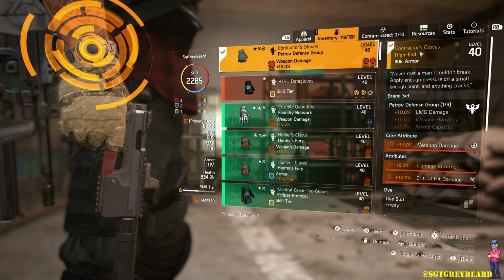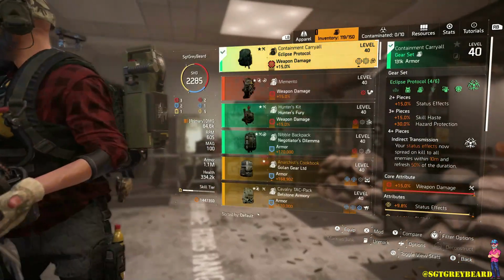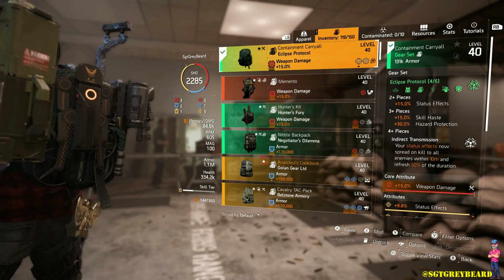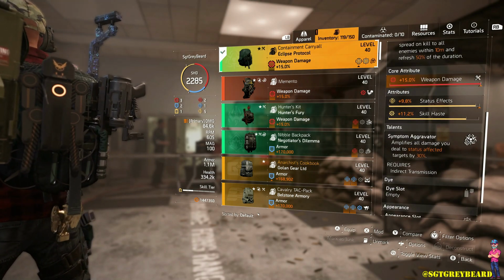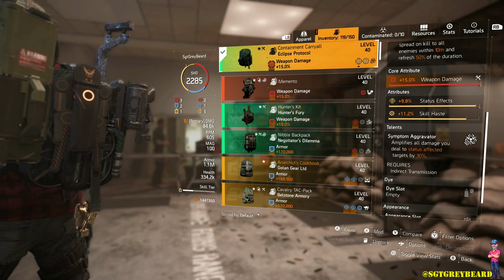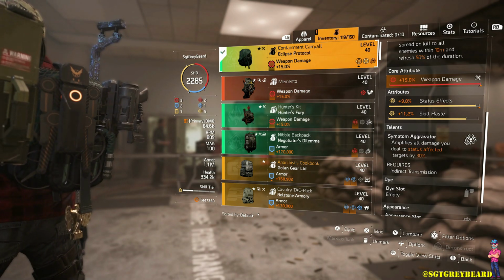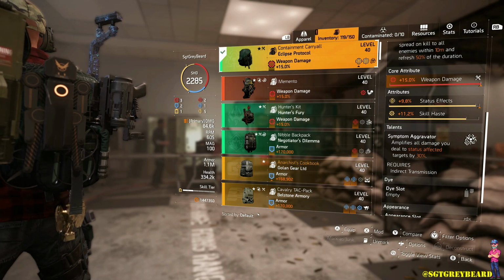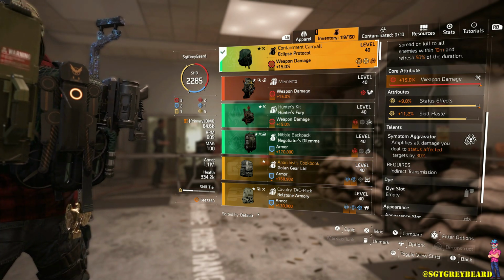Last but not least, my friends, we have the backpack, which is the fourth and final piece of the Eclipse Protocol gear set. Now you can see once again I'm stacking status effect and skill haste, and when you use the bag, it gives you the talent System Aggravator, which amplifies all damage you deal to status affected targets by 30%. So this is a must-have for the build without a doubt. Like, you could probably switch out the chest for something else if you wanted, but you definitely want to have